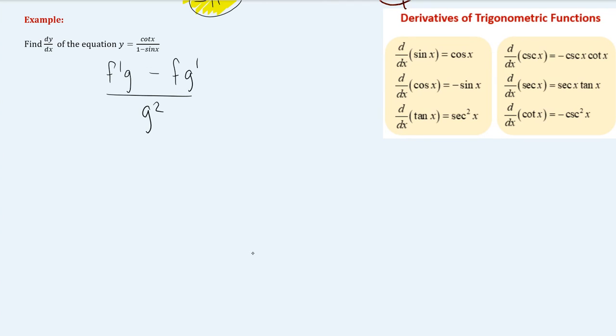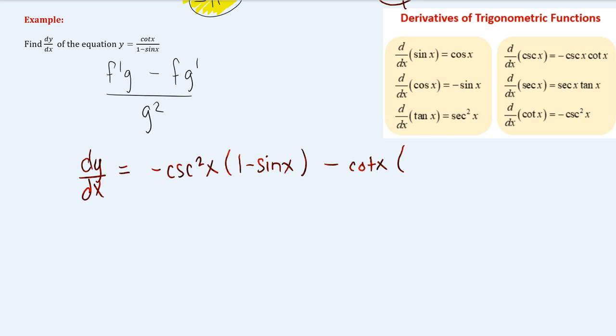So that means this one would be dy over dx equals the derivative of cotangent, which is negative cosecant squared, times g. Our g is the bottom, minus f, which is cotangent,